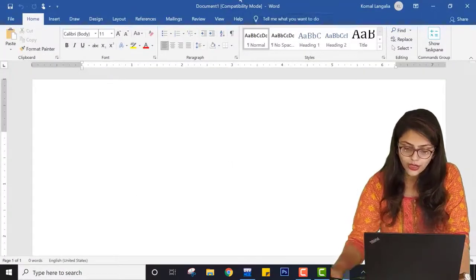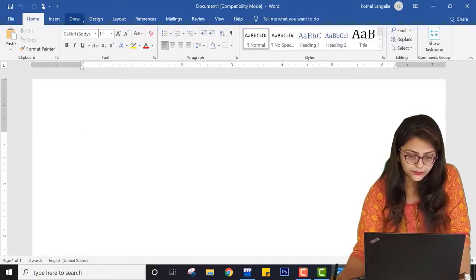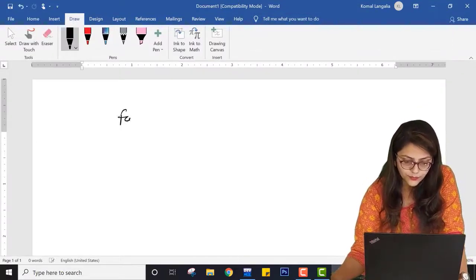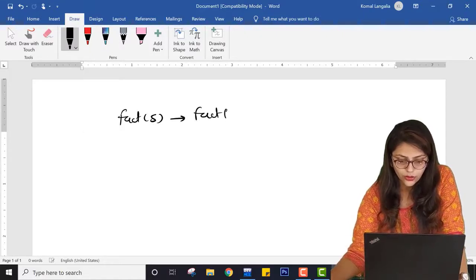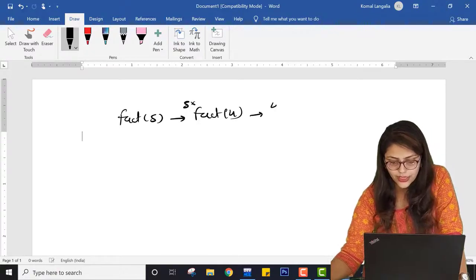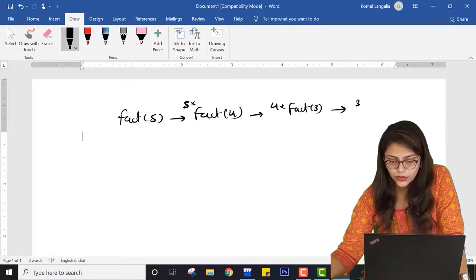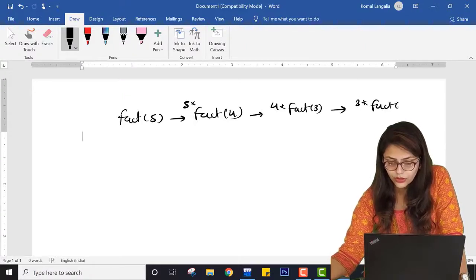So what exactly have I done here? First, fact of 5 called fact of 4. So it called 5 into fact of 4, it called 4 into fact of 3, it called 3 into fact of 2, it called 2 into fact of 1.